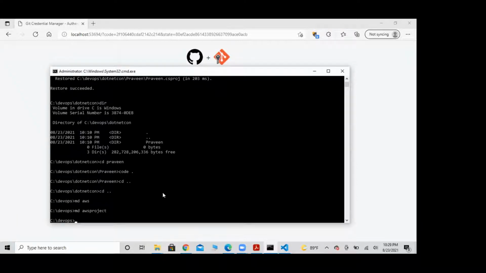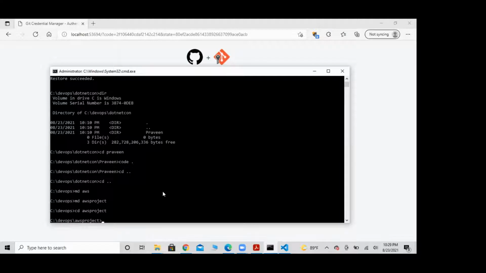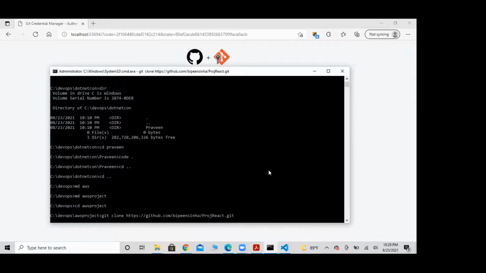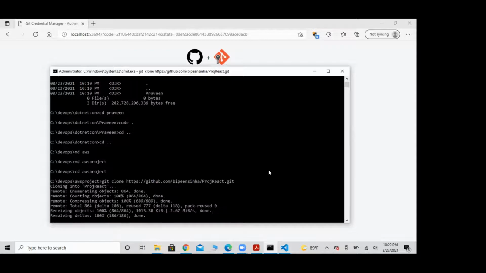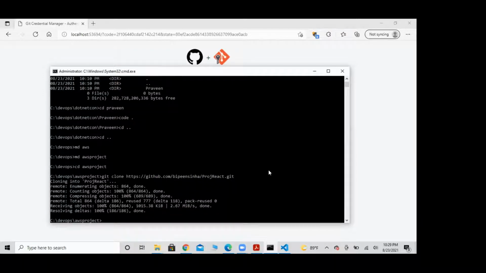Then cd AWS project. Just say git space clone, space, right click and paste that URL. Hit enter. So it is going to copy everything to your local machine.